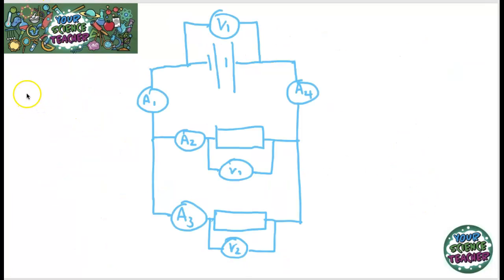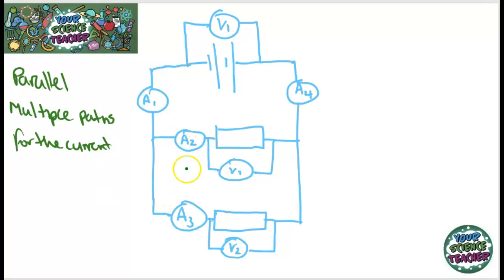Here I have the opposite of a series circuit, which is a parallel circuit, which just means that you've got multiple paths for the current. So when we looked at series circuit, we noticed that the current was the same in all positions, but when there's multiple paths for the current to follow, we'll see what effect that has. So I said that there was 2 amps of current coming in to my circuit. Well, it's going to split up now. I've got 1 amp that will go down this road, 1 amp that will go down this road. And they rejoin here as well. So once they get to this section here, they rejoin up. So you have half coming down and they rejoin here.